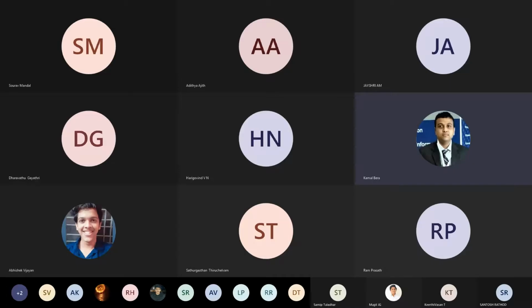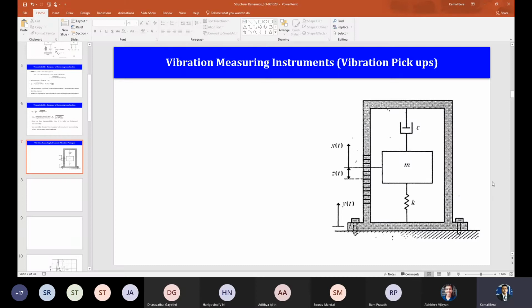What is the energy, the force versus deformation relationship, the restoring force versus the deformation? And from that hysteresis plot, we will find the E star and E S, that is the elastic strain energy, and from that we are finding the equivalent damping ratio. So that we have finished. Transmissibility we have done also.